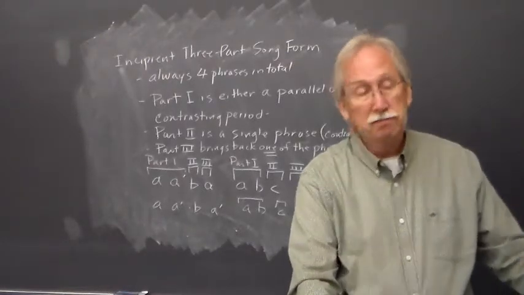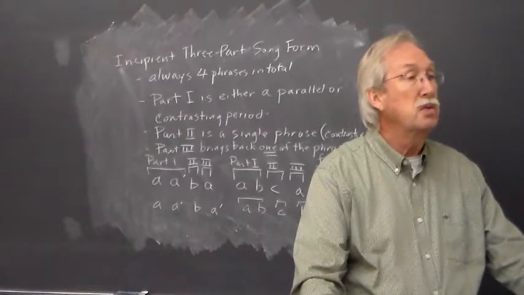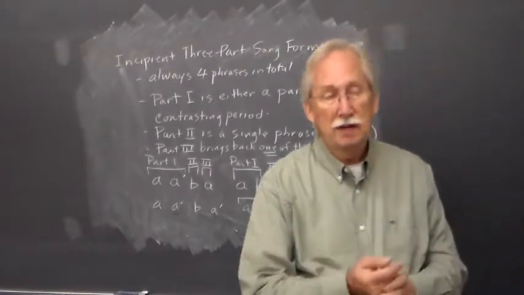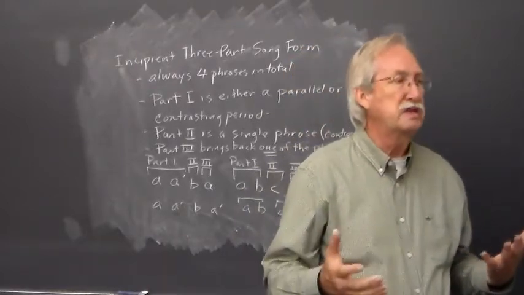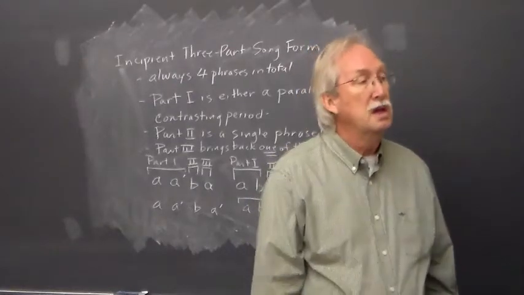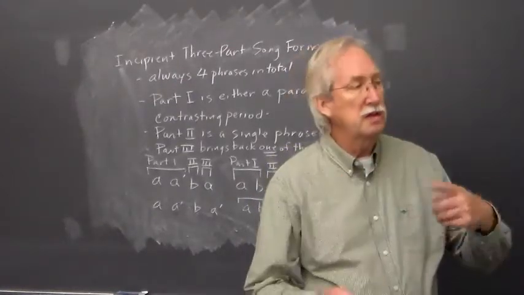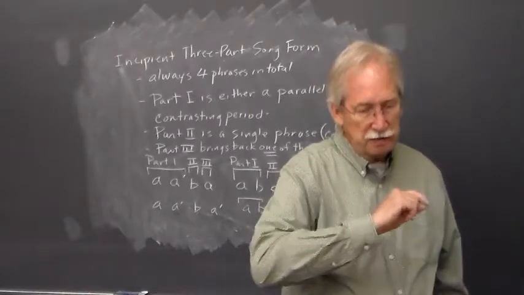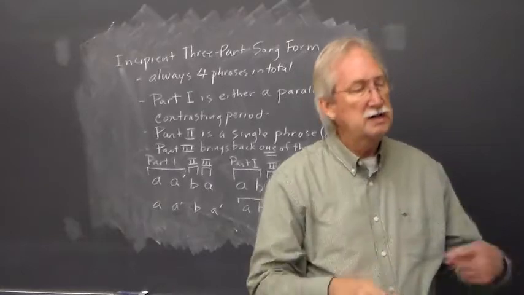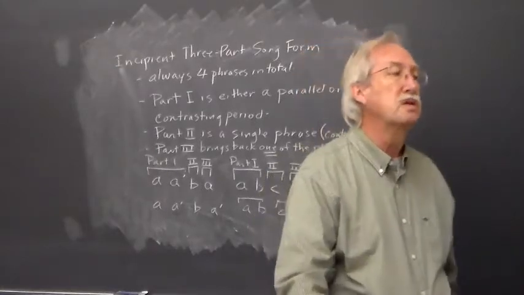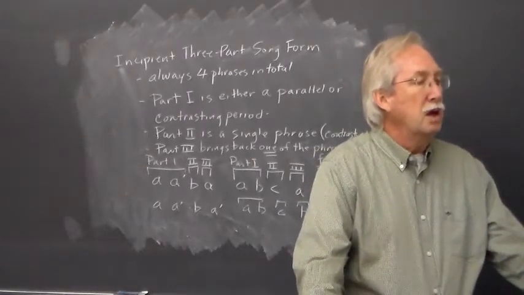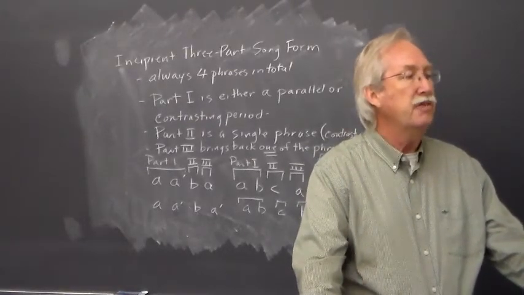So that was part one. And so this was a situation where if you look at the beginning of each phrase, even though they're exactly the same rhythm, you probably call it contrasting because it goes in the opposite direction. The melody, it's an inversion. The ascending eighth notes in the first full measure then in the consequent phrase are descending, so contrasting period there for part one. All right, now in the second half of it, we have